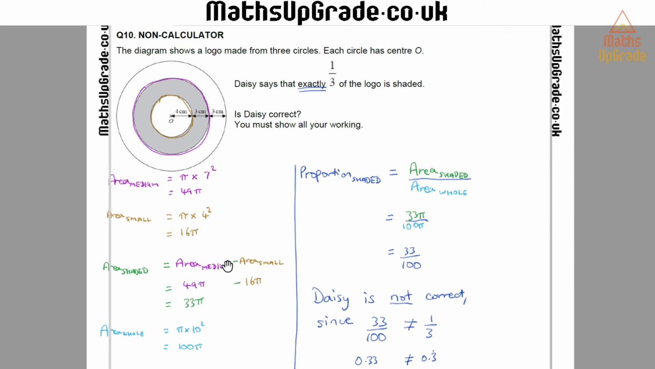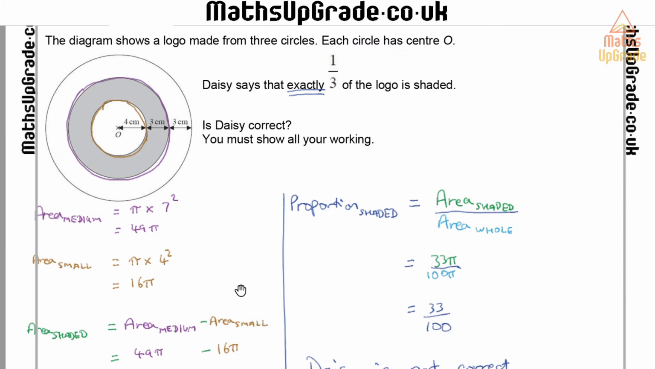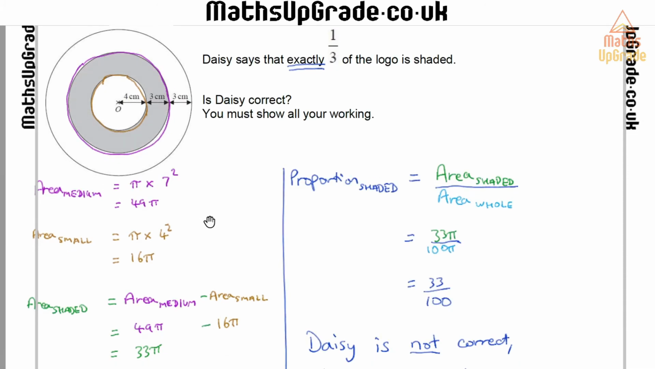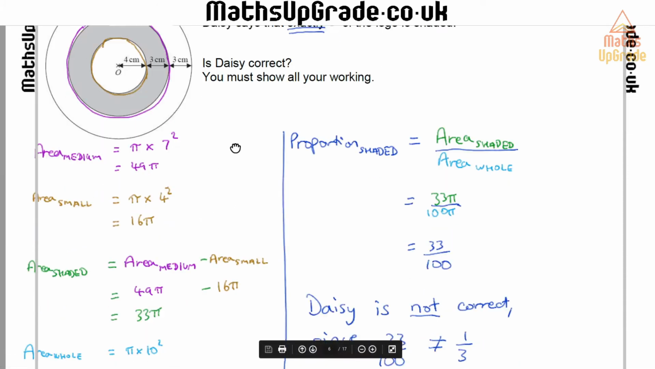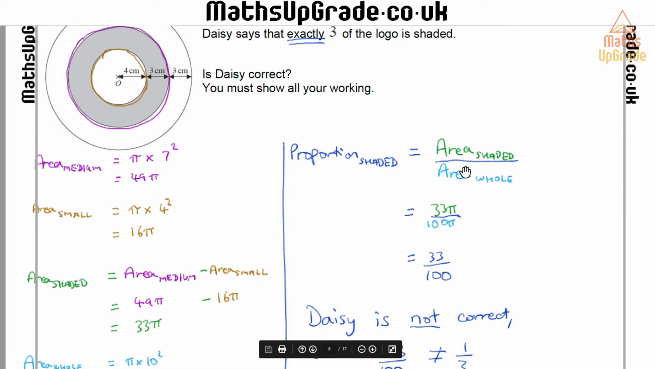So now, Daisy said that exactly 1/3 of that logo is shaded. Well, here's a shaded amount, 33 pi. Here's the whole amount, 100 pi. Let's divide these two through here and see what we get. 33 pi divided by 100 pi. Look what's happened. The pi's cancel, and I can't simplify the fraction anymore. 33 over 100 is my exact proportion of